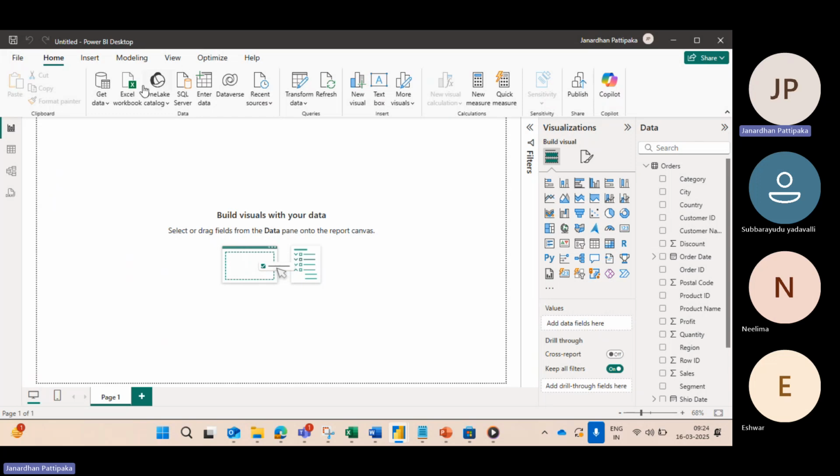Once you need to understand this Power BI Desktop, you need to understand what the interface of Power BI Desktop is, and what the different sections are in this Power BI Desktop. So when you open the Power BI Desktop,